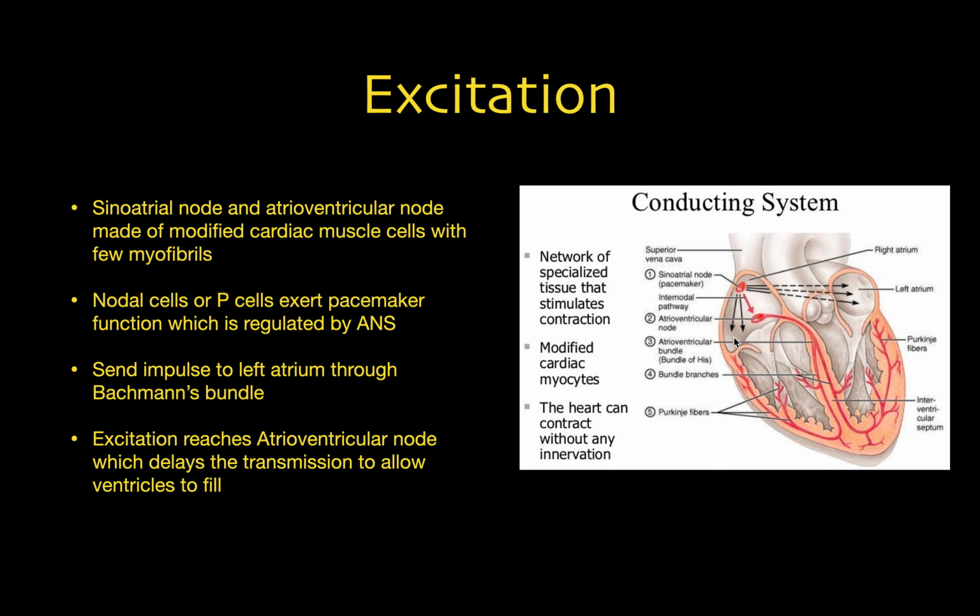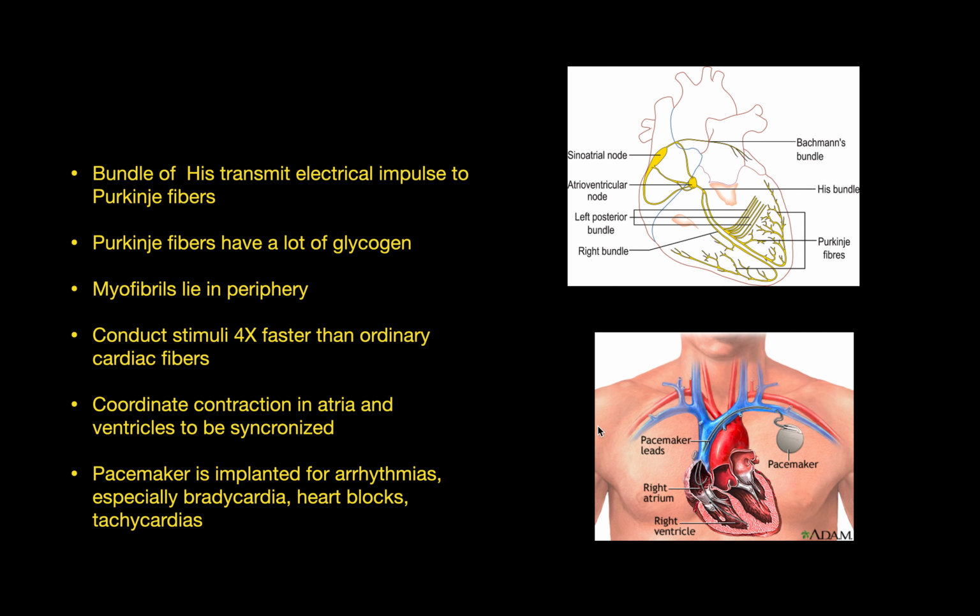They send the impulse to the left atrium via a series of fibers called the Bachmann bundle, and excitation reaches the atrioventricular node, which holds on to the transmission. It delays the transmission to allow the ventricles to fill. So that's why there's that little pause between lub and dub, right? So, like I said before, the heart can contract without any innervation, all thanks to the T tubules and